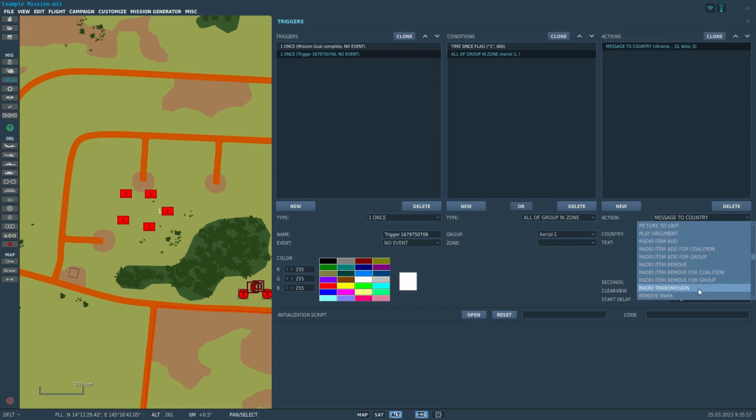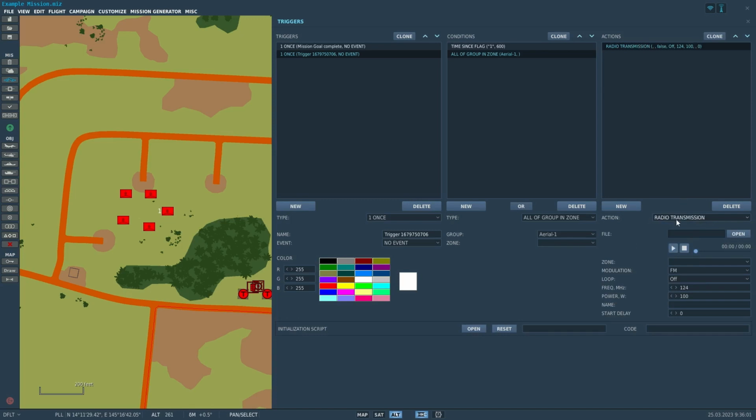You can also do radio transmission. You can set up a radio transmission on a certain frequency from a certain zone. That way, you can basically give out information on a radio channel. If you have an audio file playing audio, I do believe under